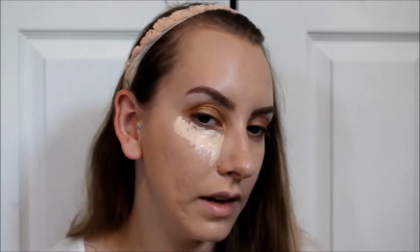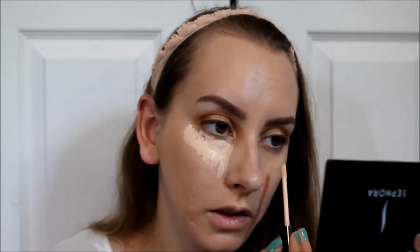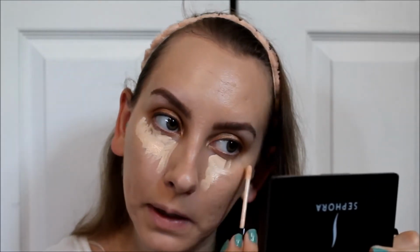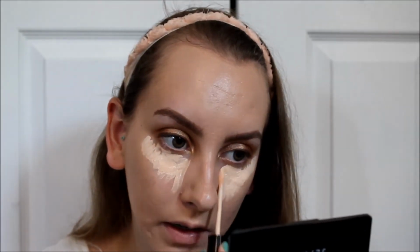It kind of has a little bit of a peachy undertone, which I'm not saying is a bad thing, it's just not really what I expected. It's kind of yellowy but kind of peachy at the same time. I don't really understand. The undertone's a little strange to me,